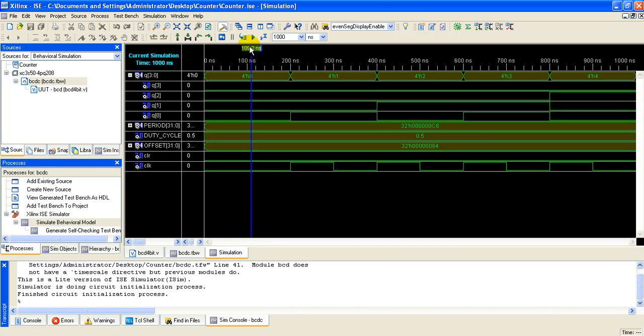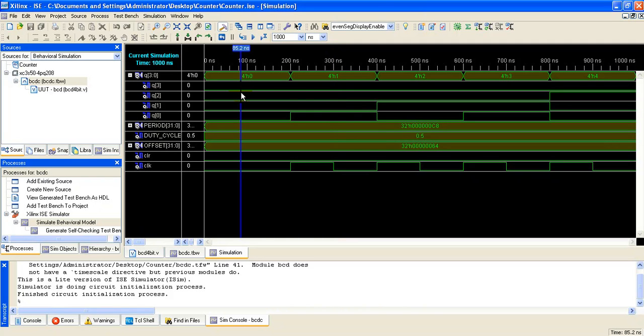You can drag and place it wherever you want and see the output. At this particular instant, for the falling edge of the clock, the output is 0001. We have to read from the MSB, that is Q3, Q2, Q1 and Q0, so it is 0001.